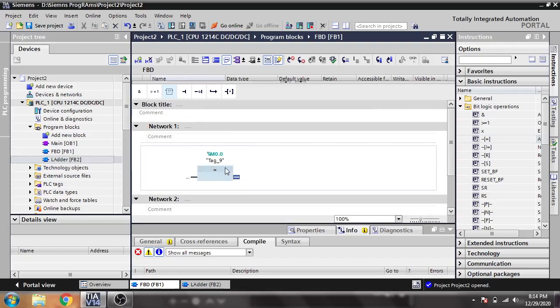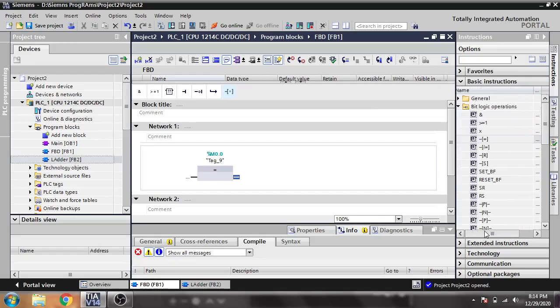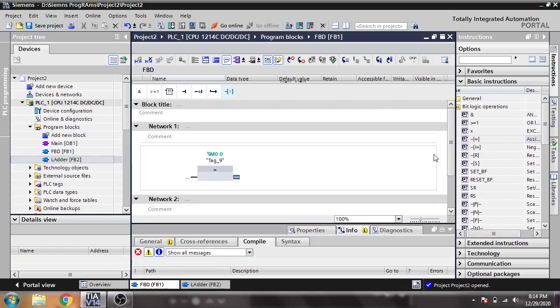If it is equal to 1, then we have our output, so I'm going to enter an output there.